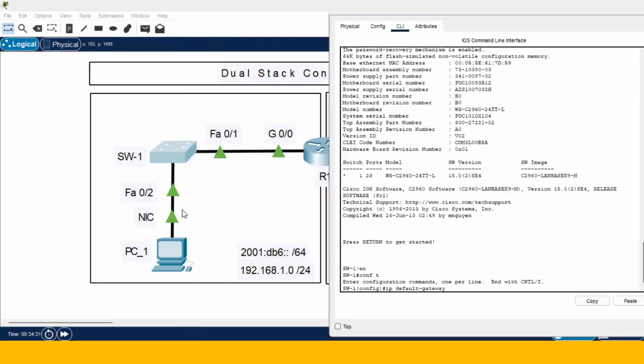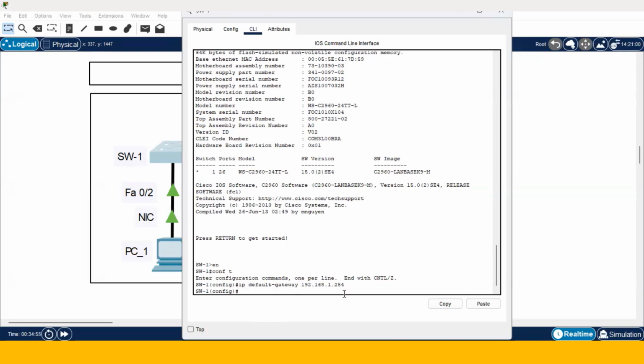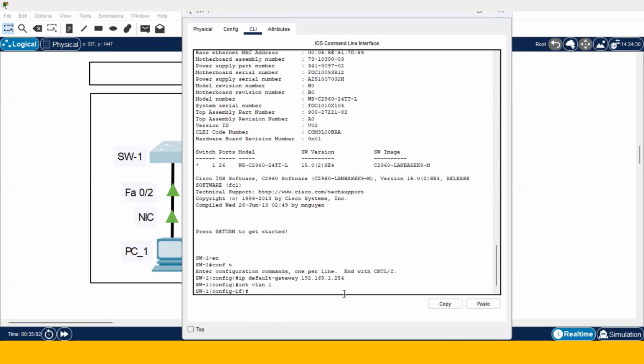All the devices in this network use the IPv4 address of G0/0 as their default gateway for IPv4 configuration. So I repeat that IP address in here, 254. Let me double check. ip default-gateway 192.168.1.254. Then I access the VLAN 1 interface with this command, interface vlan 1, and assign